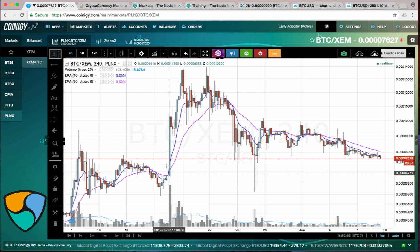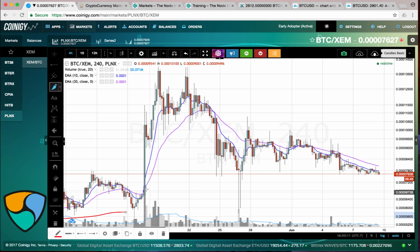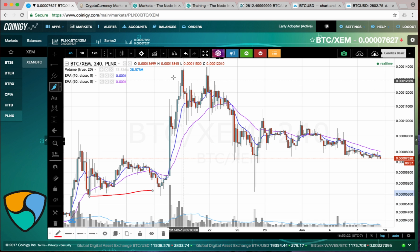it had this huge volume breakout after the first breakout. So we had this big run up, then we put in this little bit of a base around here, and then you had this big volume breakout that just popped it up from basically 6,400 Satoshi all the way up to almost 14,000. But then it did this little double top right here, then it had a little bit